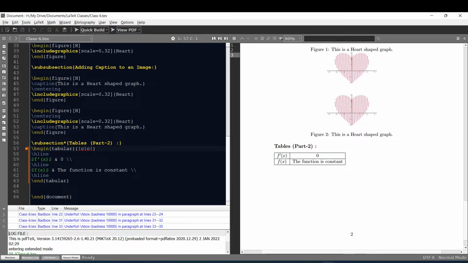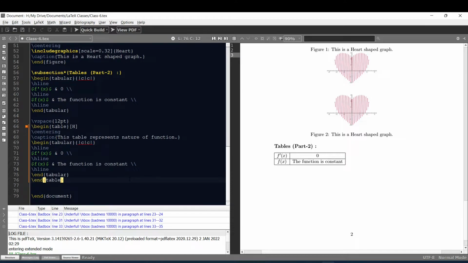Now let me write the above table again after adding a vertical space of 12 point and giving it a caption, say the nature of functions, at the top of the table. I want to place it in a table environment and move this table to the center of the page. So let me write the appropriate code here.